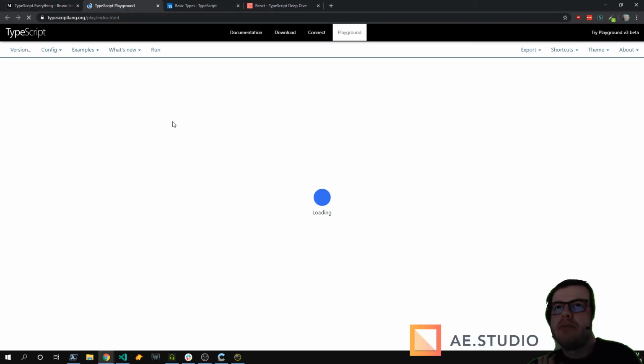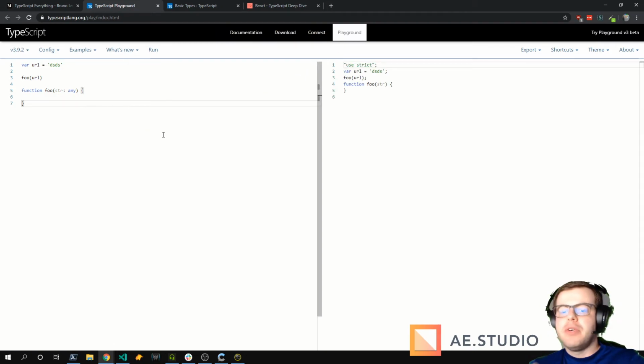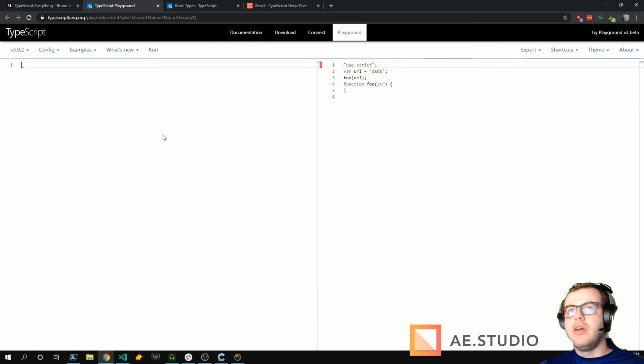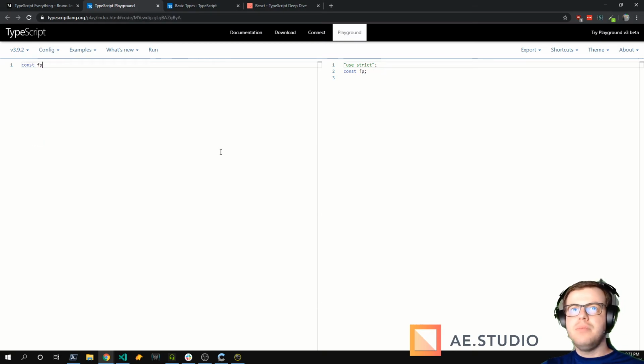In the TypeScript website, there's the TypeScript playground. So you can basically code here and see the output on the right side. And you can change the configuration here, like strict and no checks. So this is the example I showed before.